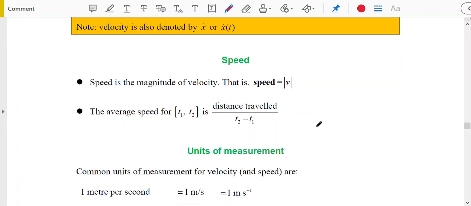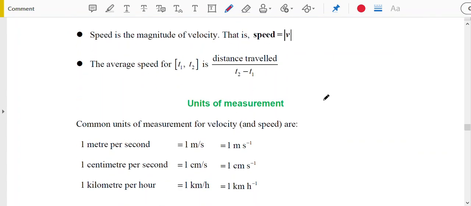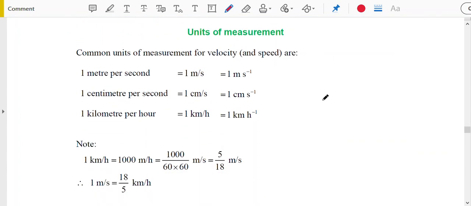Okay. There's also a formula for the average speed, if you're ever asked to calculate that, which is just the distance that it traveled divided by the time interval. So just some useful formulas that may or may not help you in some questions there. If you're interested, we don't do a lot of work on this in math methods at all, mainly for physics